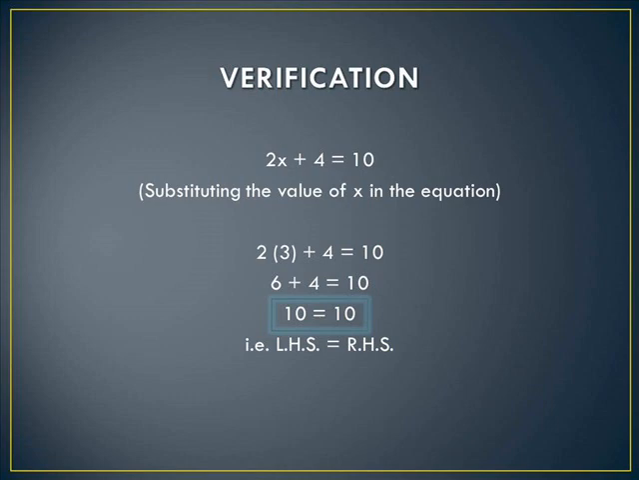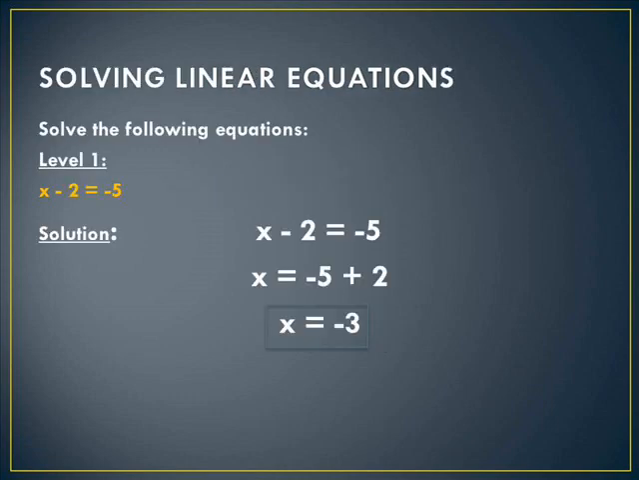We have 2 into 3 plus 4. 2 into 3 is 6, so we have 6 plus 4 is equal to 10. As we have equated the left hand side and the right hand side of the equation, it means our answer is correct. Now that we have learned about both the methods, transpose operations and inverse operations, let us solve some